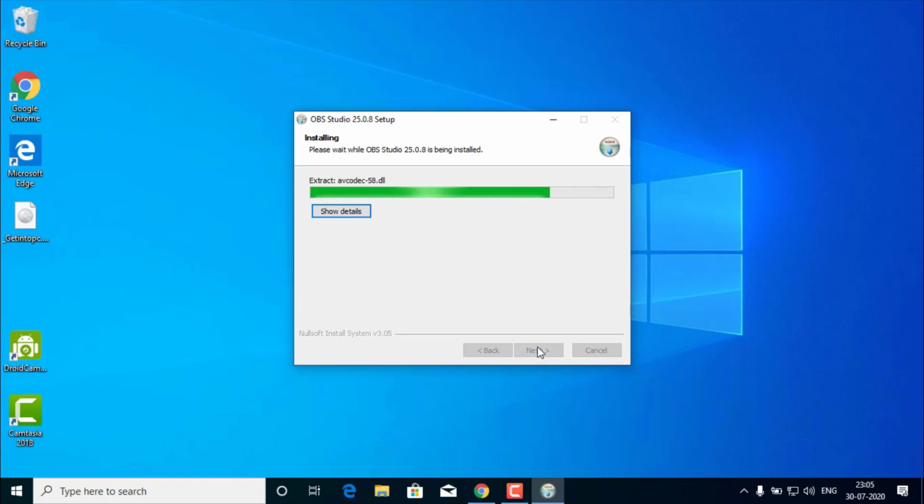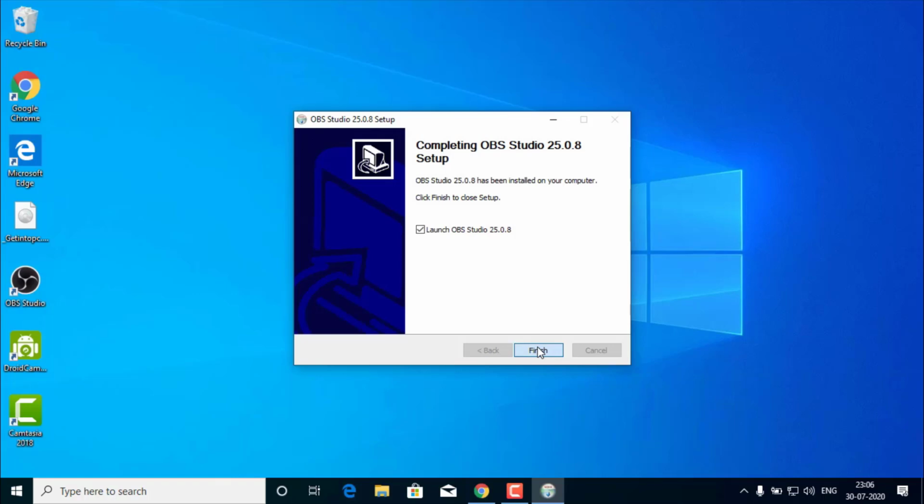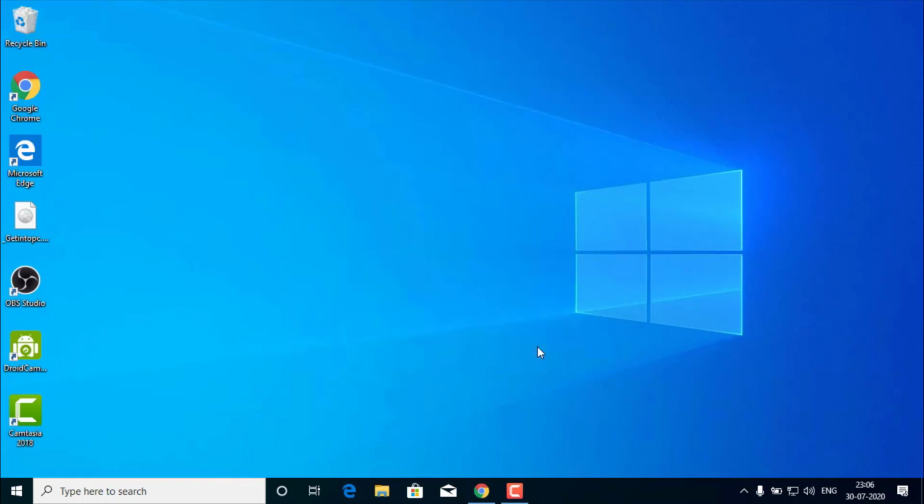The entire software is going to finish the installation now. Now the installation has been completed. This is the desktop icon for the software.